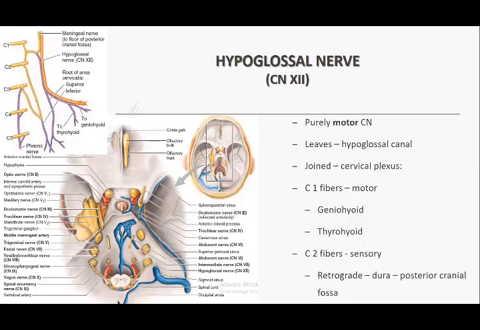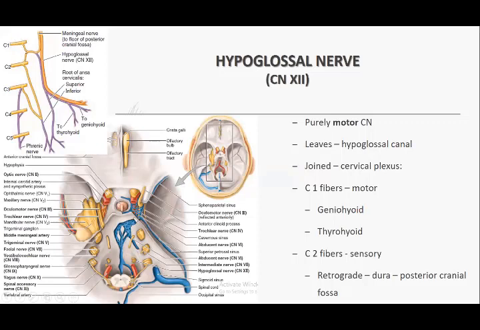Yes, the 12th cranial nerve. Remember, this is a purely motor cranial nerve. It leaves the skull through the hypoglossal canal. This is the inside of the skull, and this is the 12th cranial nerve leaving through the hypoglossal canal. As soon as it comes out of the skull, it is joined by the first